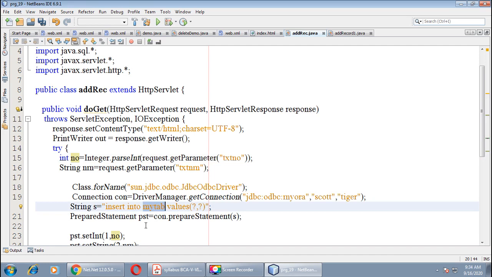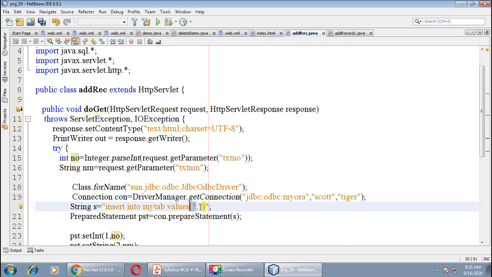I repeat, whatever value you enter in your text box through the index.html page will come in the variable named no, and ultimately this value we will pass in this question mark, and this will insert the value in your table.